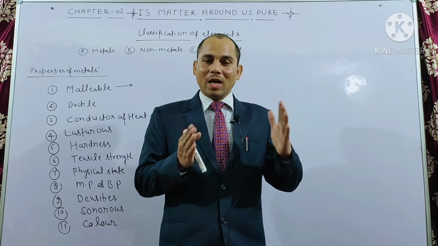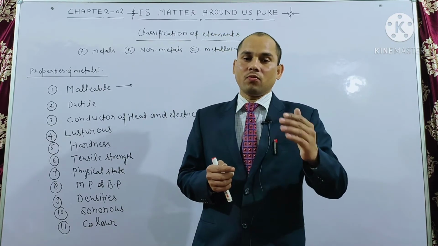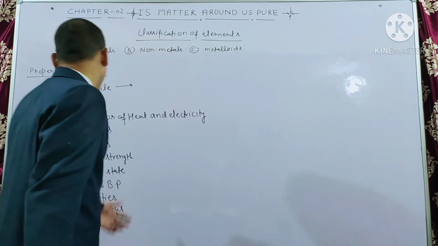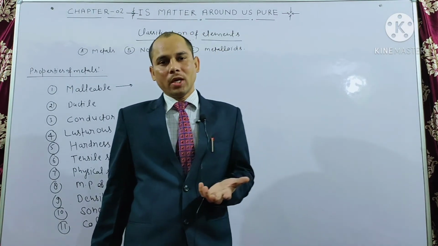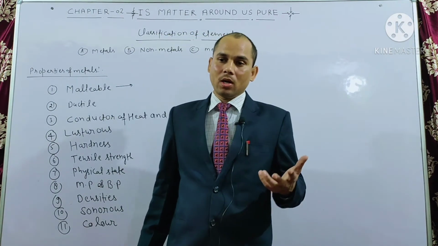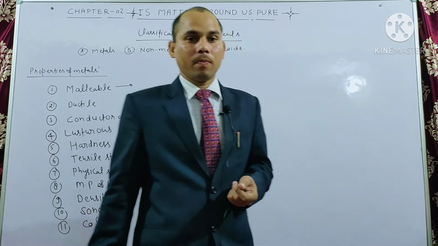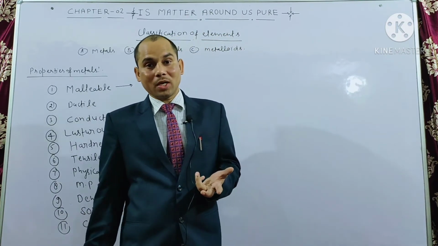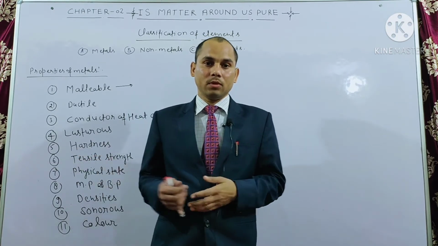It mostly reflects the light that falls on it. Next, all other metals are also good conductors of heat and electricity, like aluminum and copper. Most of the wires are made of aluminum and copper wire, and in spite of that, silver is a good conductor of electricity and heat, but it is very costly, right?